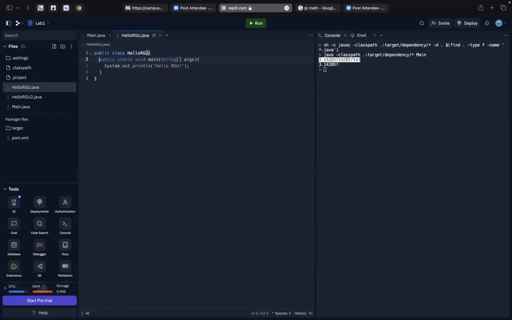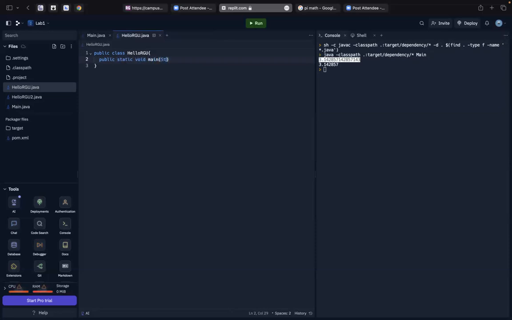Now, these curly brackets are used for code blocks. Code blocks means you have a block of code, a group of code, let's just put it that way. Everything that is pertaining to this class goes in between this and this. That means that is a group of code. Anything, let me type my main method, public static void main